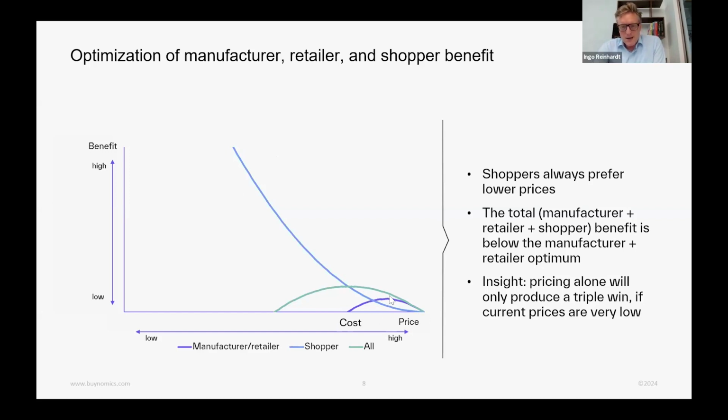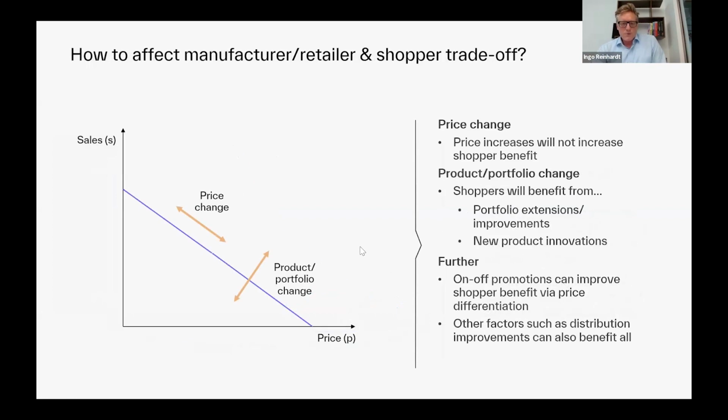And most of the time, unless we're way overpriced, we will not be in a position where we can, with a price change, both improve the shopper benefit and the retailer and manufacturer benefit. So what can we do? Looking again at the demand curve, this is the demand curve for the shopper. And we already looked at, particularly when we have a single product with price, we can only make the shopper happier with price decreases. But this is most of the case not the best thing for us as the manufacturer or retailer. So for us, the other option to improve